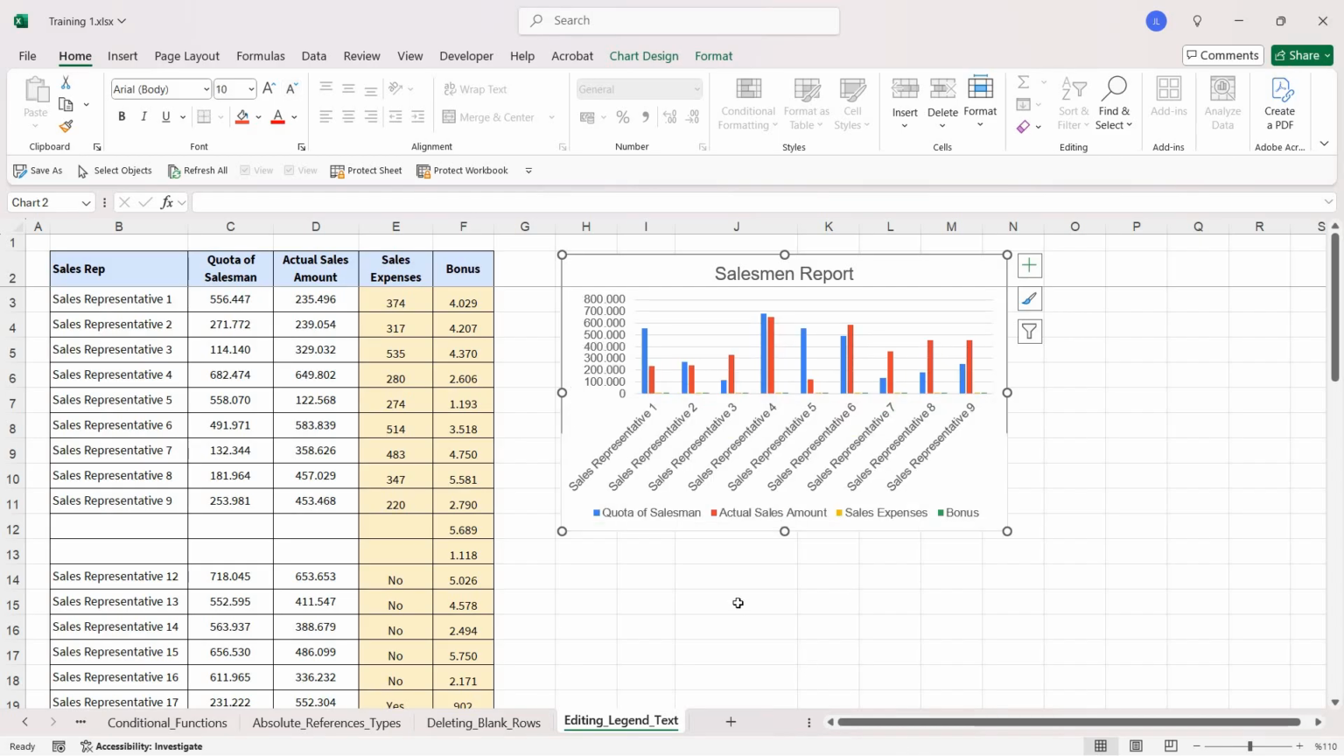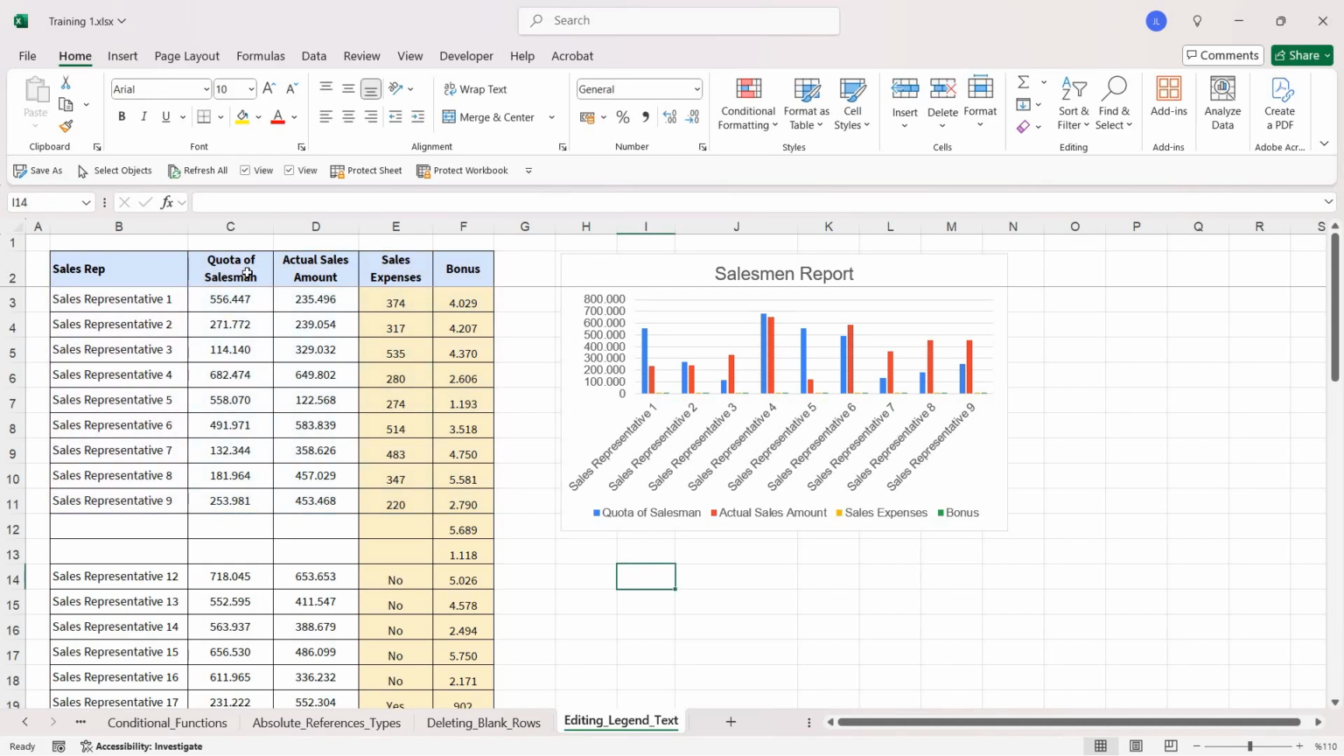Or what you can also do as a second way is you can actually edit the database titles to be able to make it longer or shorter, such as